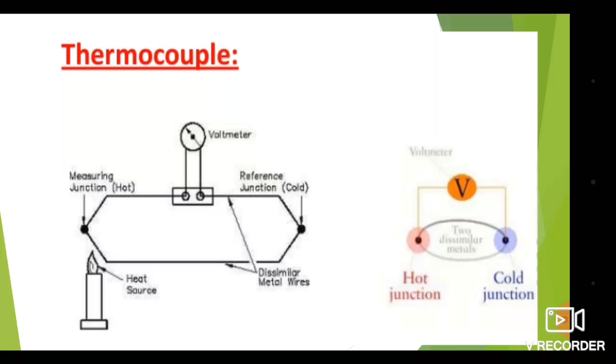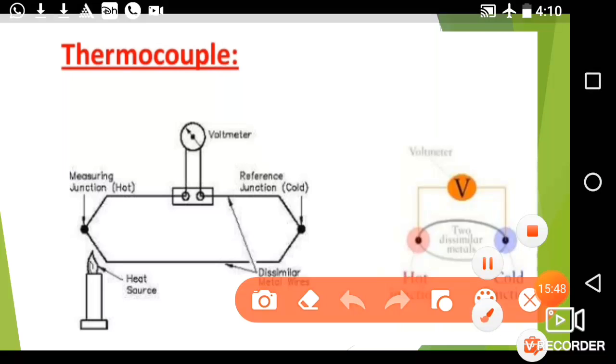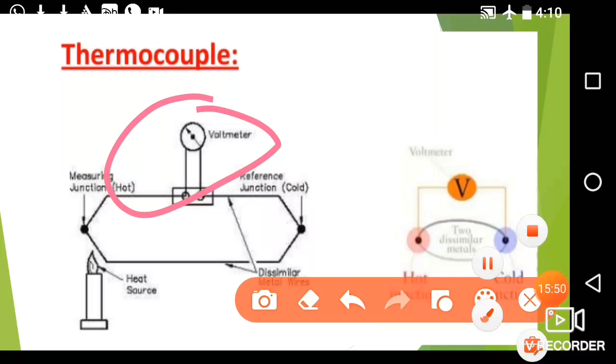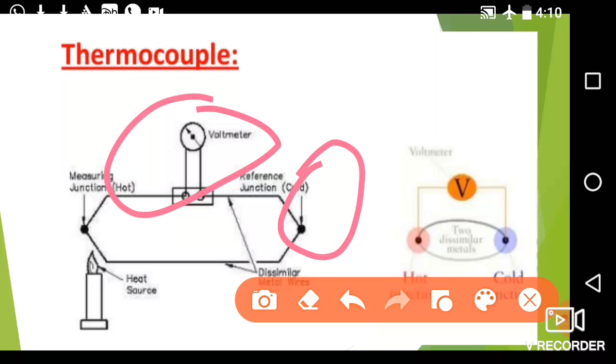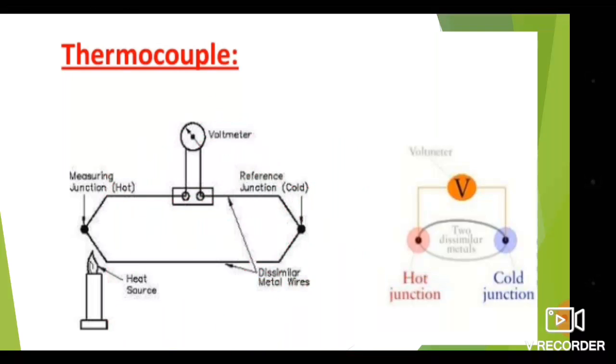Here is the voltmeter, which is used to measure the potential. Here is the reference junction, the cold junction, which is protected from daylight. This potential difference exists due to the